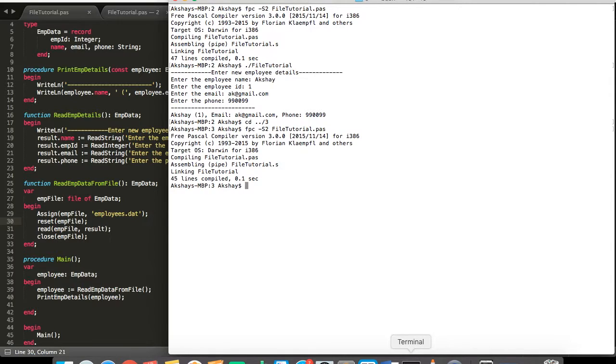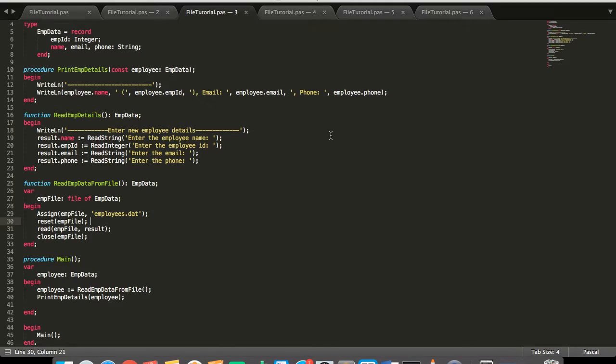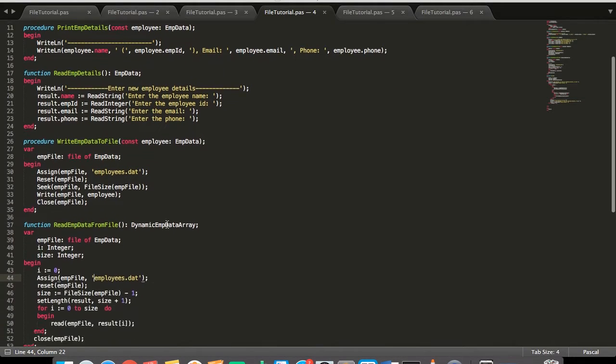I'll compile it and run it. So here we have whatever we entered in the first instance of the program in the next one. So now we can go ahead and consolidate both read and write into one program and create more of